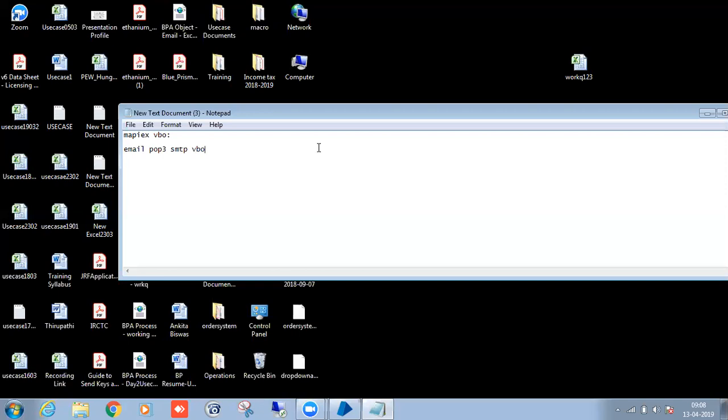They are providing only basic actions, like forwarding. If you want to forward the mail to someone, there is no action they have developed. So there are some actions they have added in their new VBOs. By default, if you're taking input from the mail, then you have to tell them you have used the MAPI EX VBO. So there are two types of VBOs, MAPI EX VBO and email POP3 SMTP VBO. Okay.